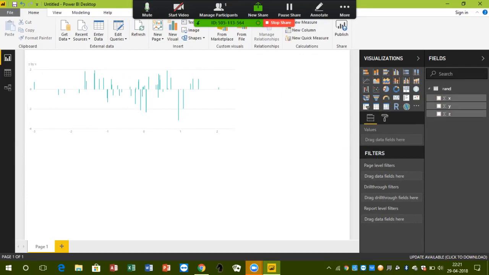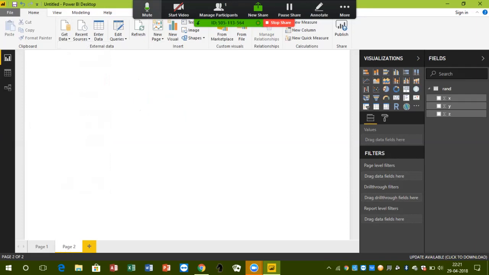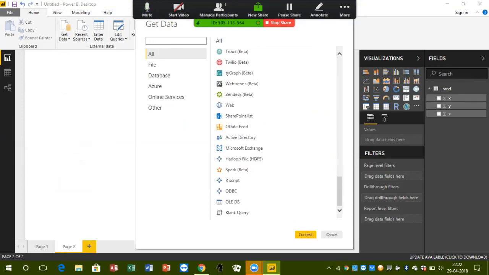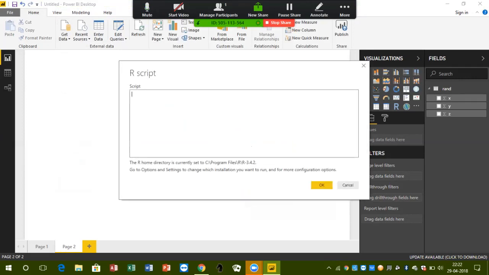Like for example, suppose I do get data, I create a new page. So I go to get data, I go to more, and then I scroll down to R script. I connect it. So the R script has popped up. Suppose I want a variable cost, I create it, and I keep the cost as, suppose, 20, 30, 100, 50, and then I write the price as